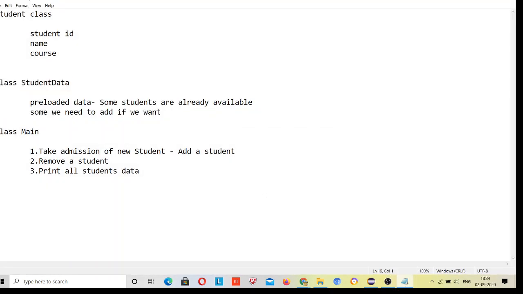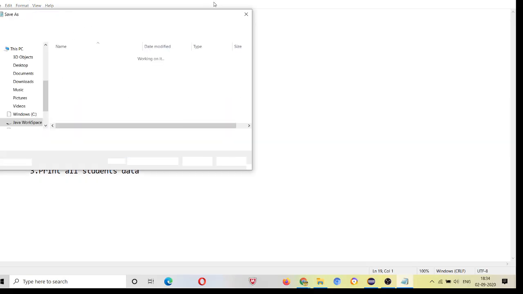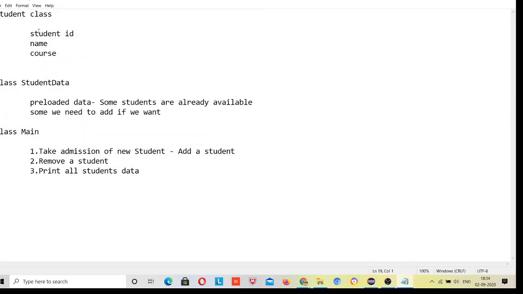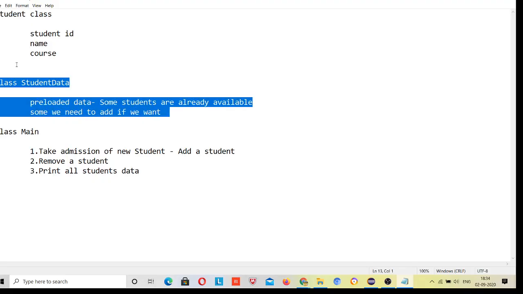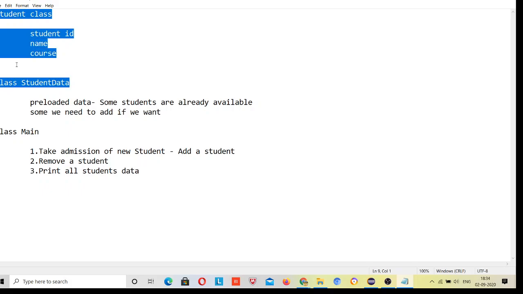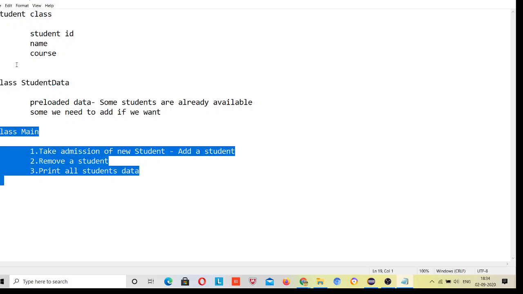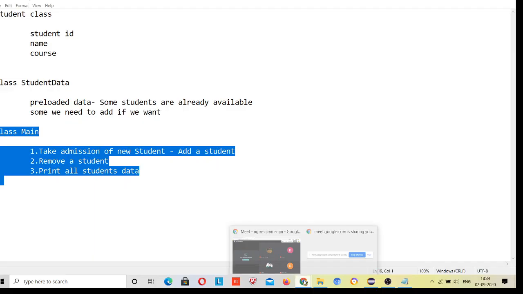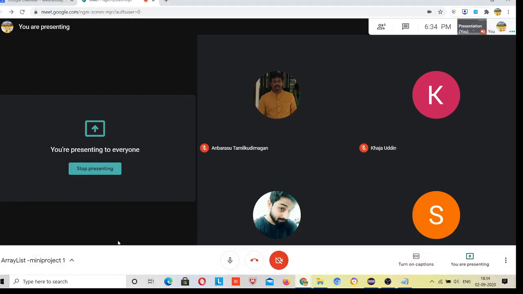So what we are going to do today, we will have a mini project if we complete it on timeline. There will be a student class which will have student data, and there will be some student data present inside this student data class, right? So a student class will be there, and a class to which we can add some new student. This is a mini kind of project.